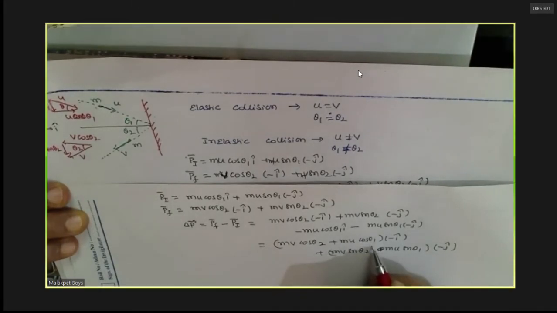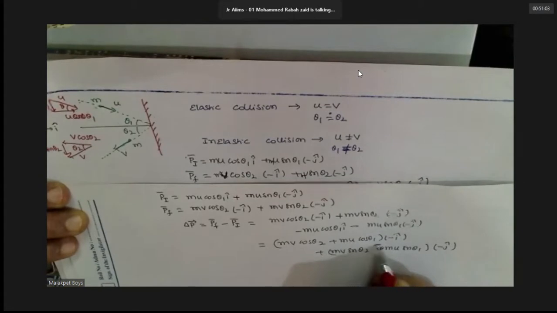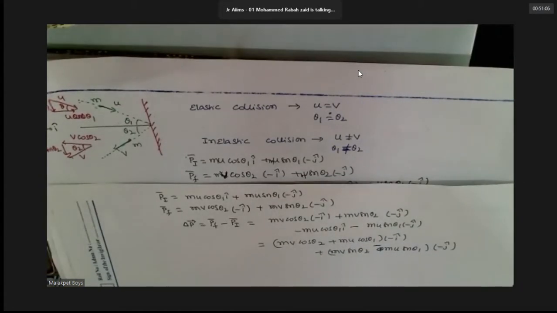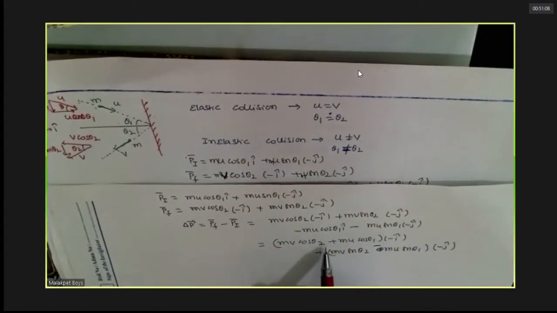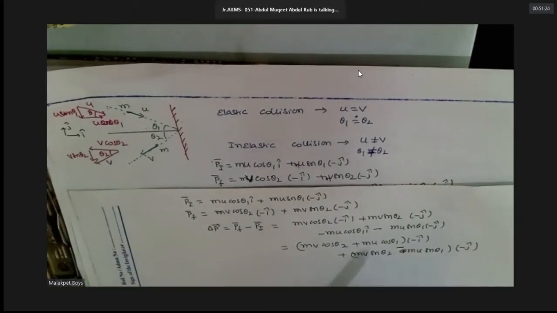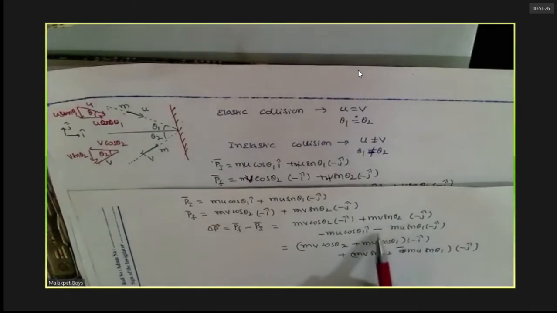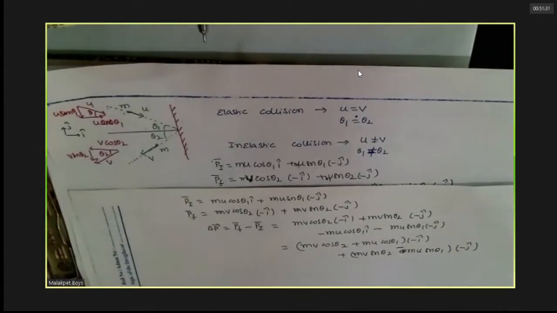We don't know if it is an elastic collision or inelastic. Why will we cancel, man? This is theta 1, theta 2. How will it cancel? You tell me. Tell which items will cancel here. No, that should not be canceled, plus mu. No, sorry. You see, man, this is nothing but your school knowledge. Do it, you should get that.